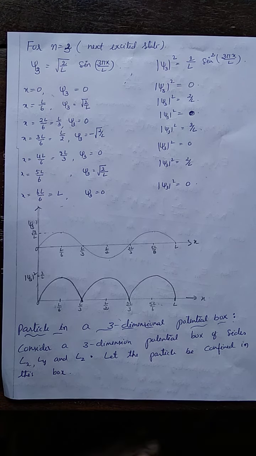Now, consider the particle in a 3-dimensional box. See, the previous discussion is only for a particle in a 1-dimensional box. The particle is in motion along the x direction. Now, suppose the particle is inside a 3-dimensional box. 3-dimensional means it has all three: length, breadth and height. Now, the particle is in motion in space, in 3 dimensions. Let Lx, Ly, Lz be the dimensions of the given box. And the particle is now confined in this box.